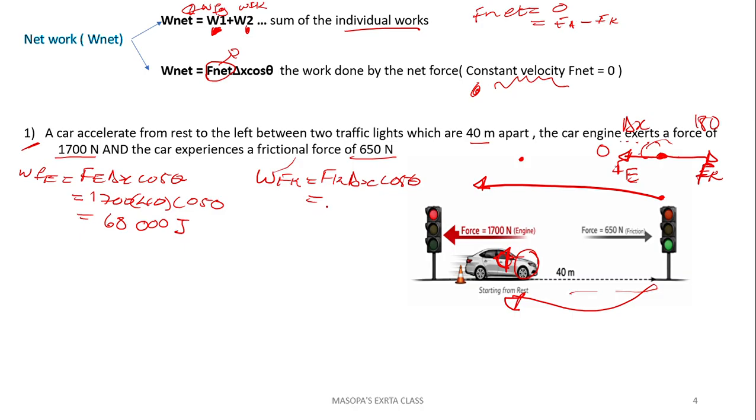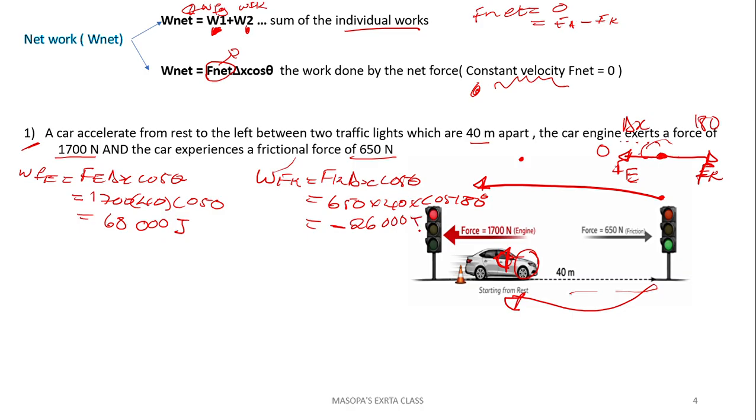Then your Fk is 650, delta x is 40, multiplied by cos of 180. And hence we have a negative, right? Because of the cos 180, that means that the friction is doing negative work on the object. So when you punch in the calculator, you get negative 26,000